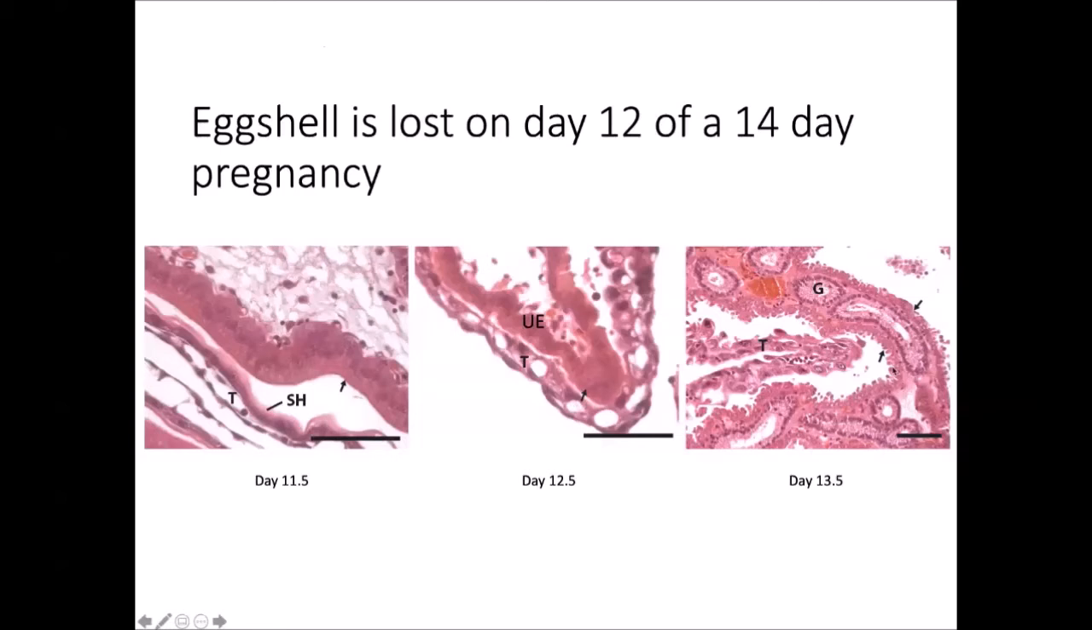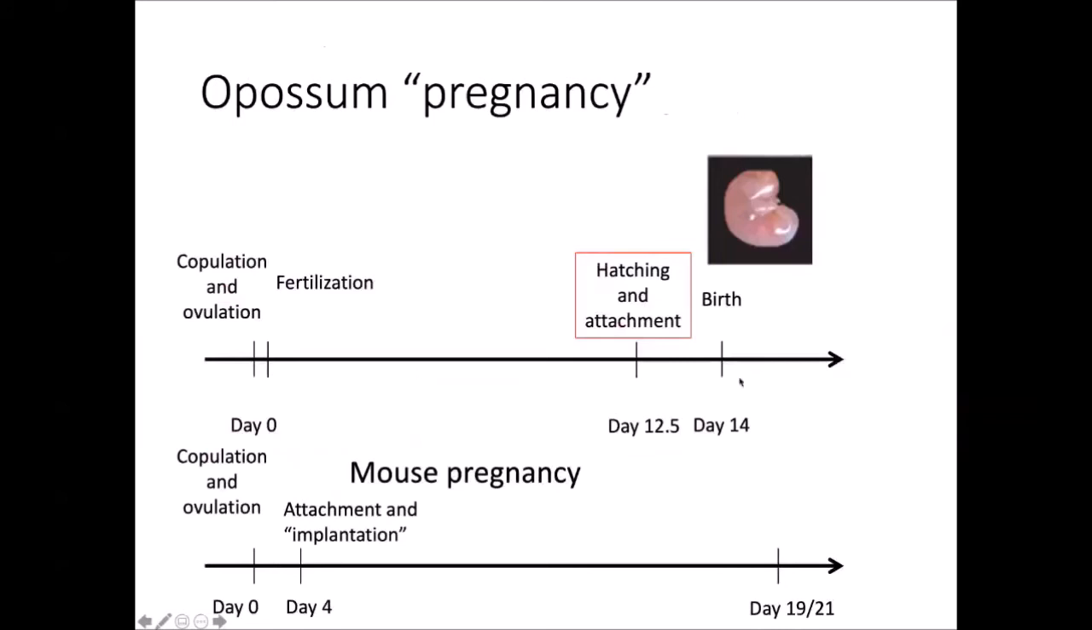But anyway, the main point here is that of a 14-day pregnancy, there are about 12 to 13 days where the attachment just doesn't happen. And once attachment is happening, within 1 to 2 days, birth is actually precipitated. If you compare that with a mouse pregnancy that takes 19 to 21 days, the attachment and implantation happens after 4 days. And during this time here, whatever it is, 15 to 17 days,